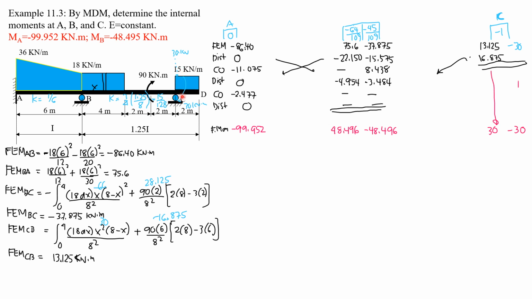I just transmit the force and the moment, equivalent moment. The force is 15 times 2, so 30 kilonewtons. It has nothing to do with the moment distribution because it will not produce moment. Only this 15 times 2 times 1, which is 30 kilonewton meter clockwise for CB, and negative 30 kilonewton meter for CD. So that's it. So therefore the stiffness is also modified.